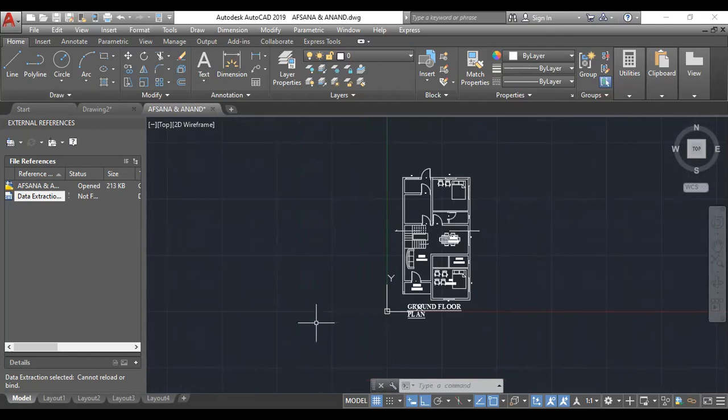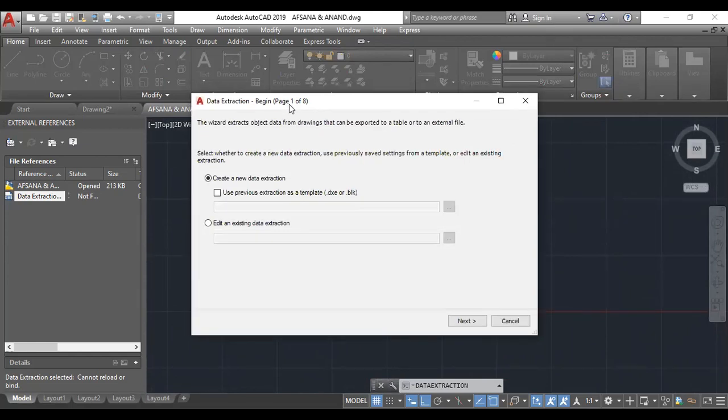For getting the data extraction command, on the command box we can type data extraction and press enter. Then we will get a dialog box like this.